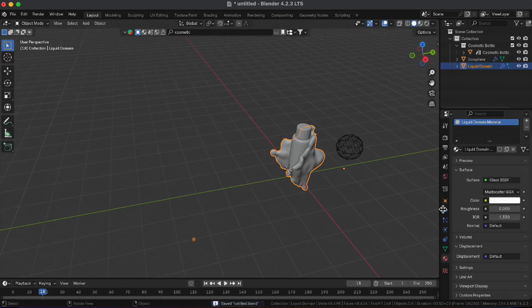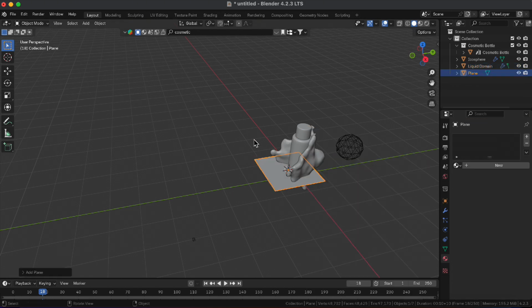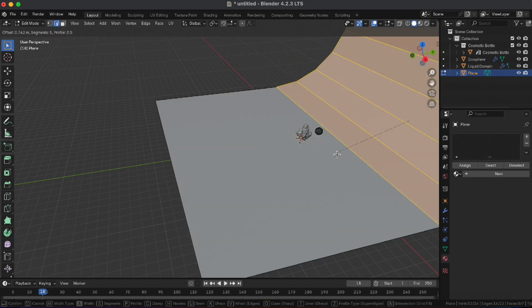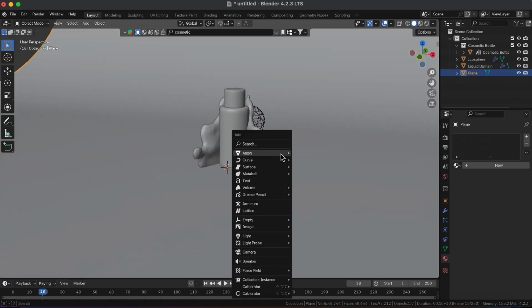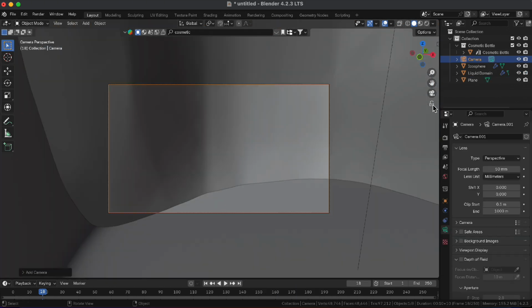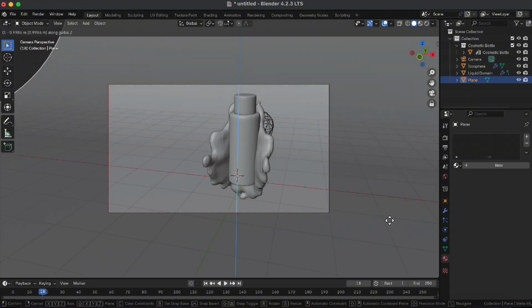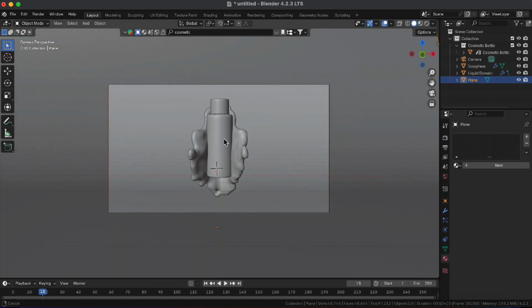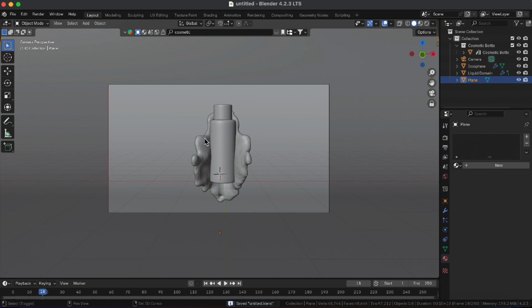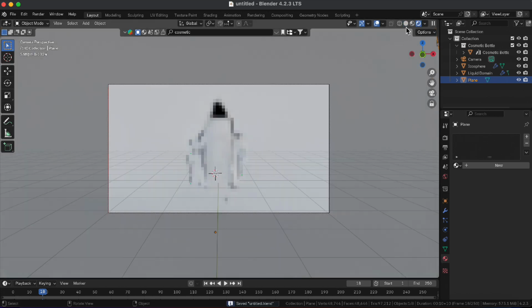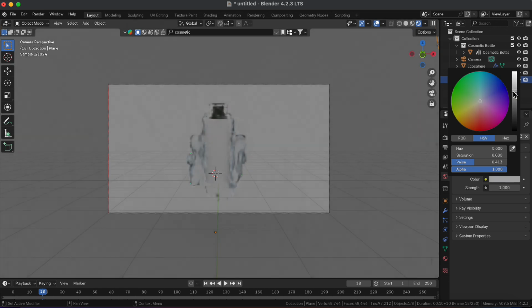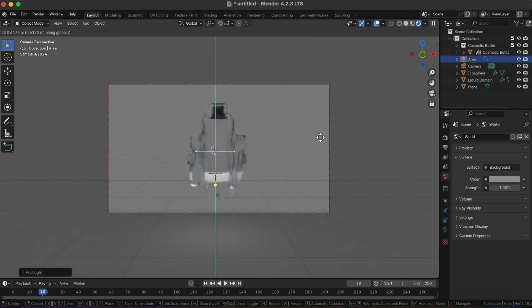Now let's go about actually rendering this. So what I'm going to do is have a very simple setup. I'm going to add a plane, extrude this up, bevel this, something like this, shade smooth, add a camera, lock it, move this down a bit, and for the lighting, what I can do is disable these two, go here to the scene, make this white, slightly white. I want to have my own control, and add an area light,